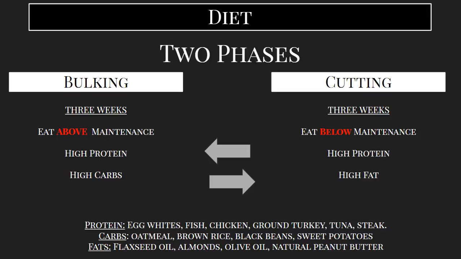Getting enough muscle and then also reducing the body fat so that you're at this ripped look is essentially achieved by rotating through these two phases. And again, the 3 weeks that I've put on each side is not necessarily what you need to stick with. If you do want to get a little bit bigger, you can always make your bulking phase a little bit longer. And if you're starting somewhere where you have a little bit more body fat and you want to get to a lower weight, you can extend that cutting phase by a little bit as well. But at the end of the day, rotating between these two phases is what's going to achieve this look.